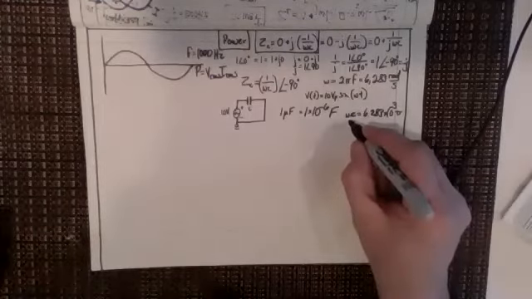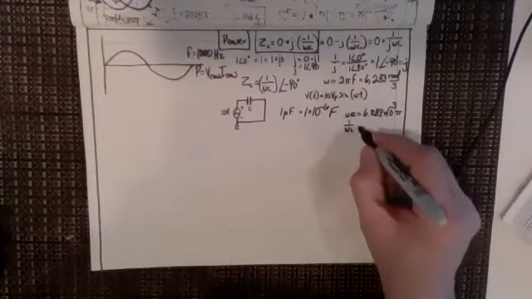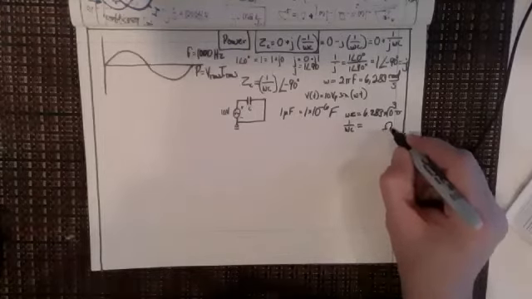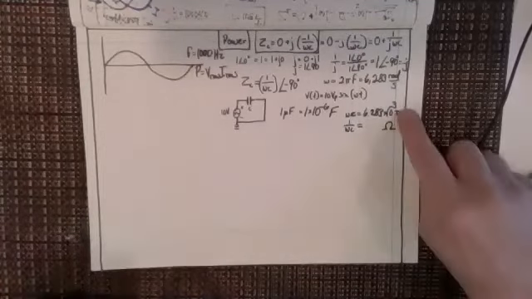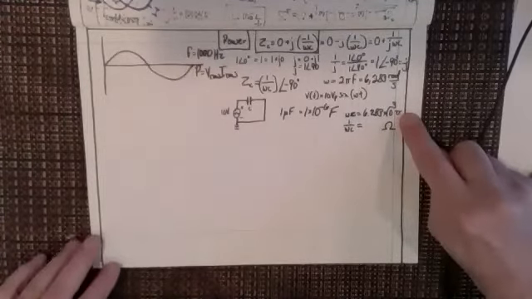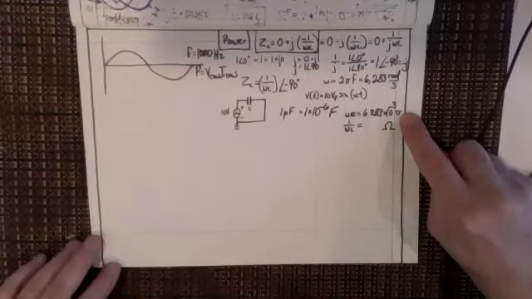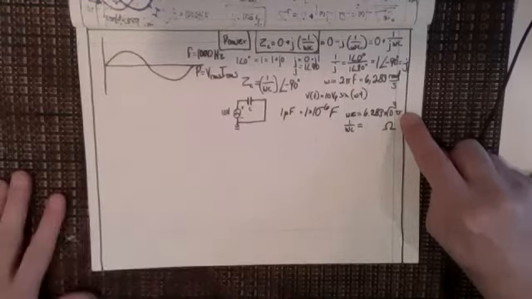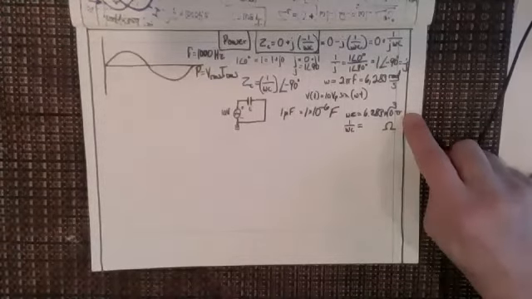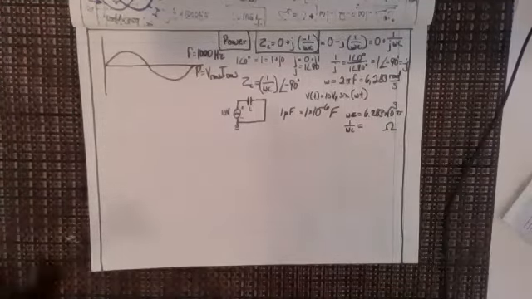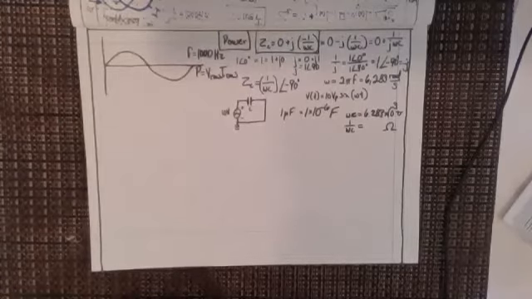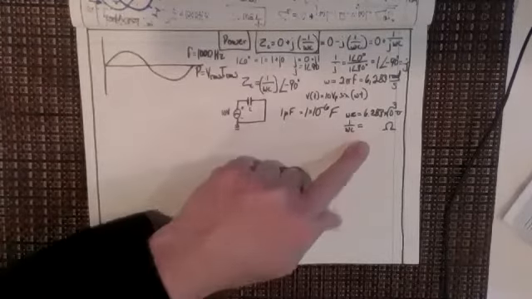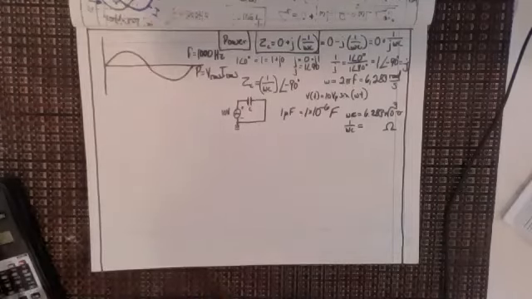And then if I did 1 over omega c, of course that's going to be in ohms, you can see the difference between the symbol for a mho and the symbol for an ohm. By the way, in Europe that's called a Siemens, and that's why we don't call it Siemens here in this country for obvious reasons. We call it a mho, M-H-O, the opposite of ohm. If you're working with American engineers and they refer to it as a mho, you'll know what they're referring to. So what is 1 over